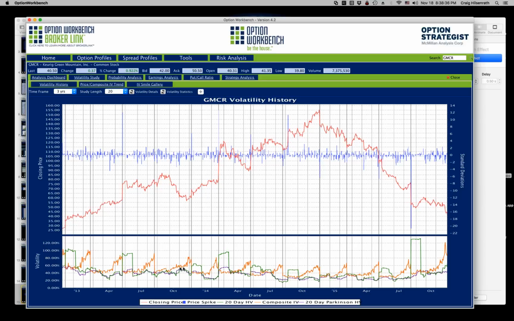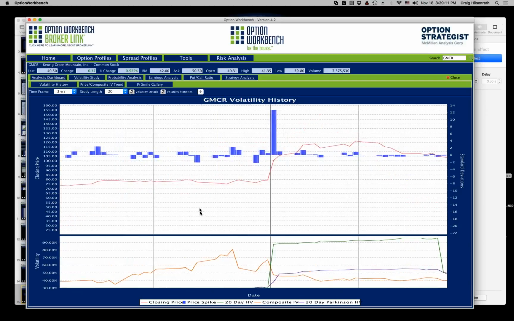So there's also an argument to be made that you could buy volatility a couple of weeks out and hold it right up before the earnings announcement, and then sell that to take advantage of this increase in composite implied volatility. And that's actually the trade that I did for GMCR. I ended up breaking even on it. It did one of these where it went up like in this date here. Let me zoom in a little bit on that. No, that's hard to tell.